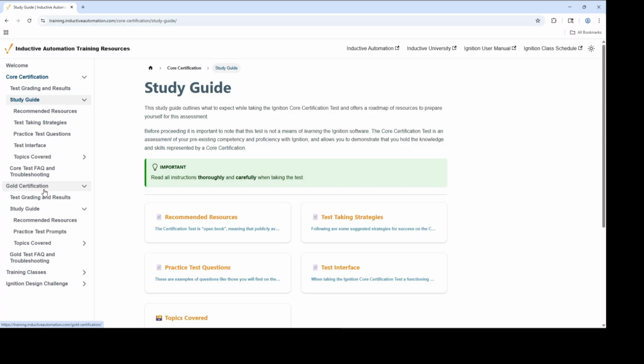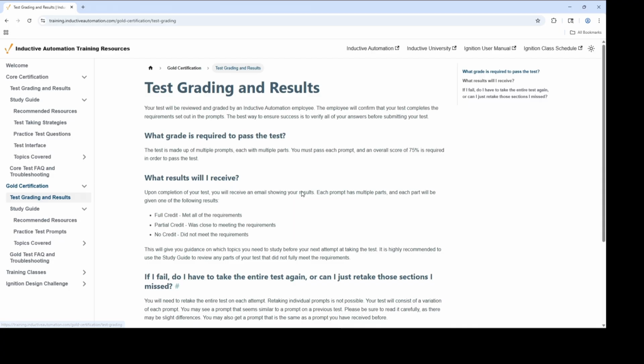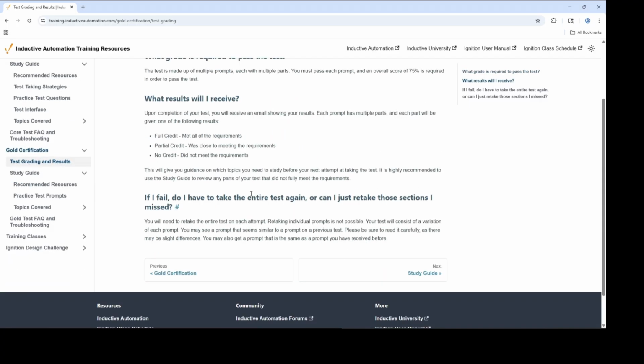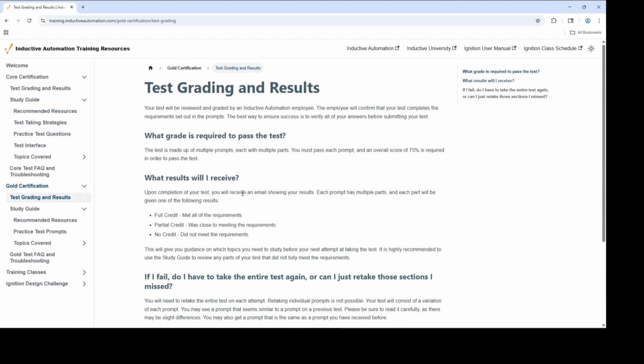And the core certification test is an online multiple choice test these days, while the gold certification is still a PDF that you'll get with some prompts that you'll have to complete and then submit your gateway backup to Inductive Automation to have them grade things. And all of that is described here under the test grading and results section of the gold certification